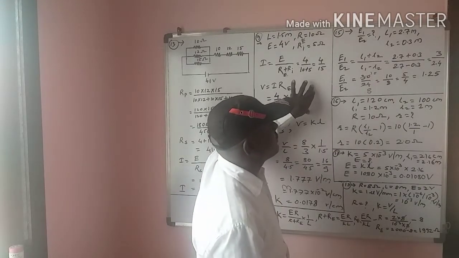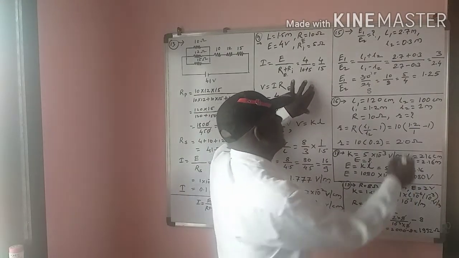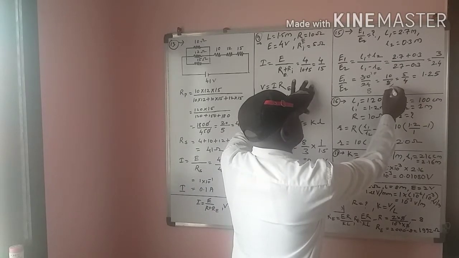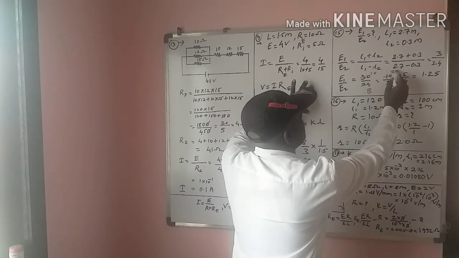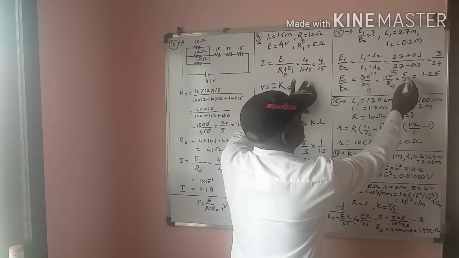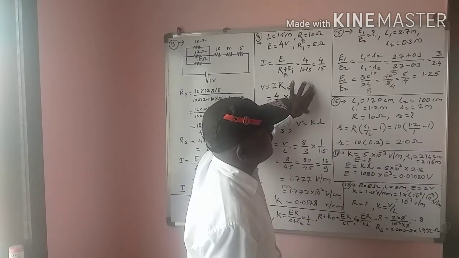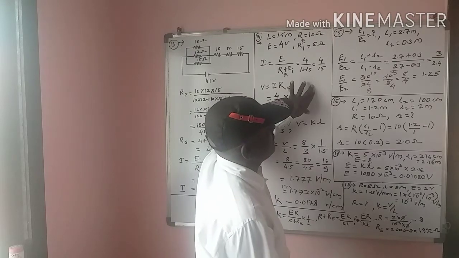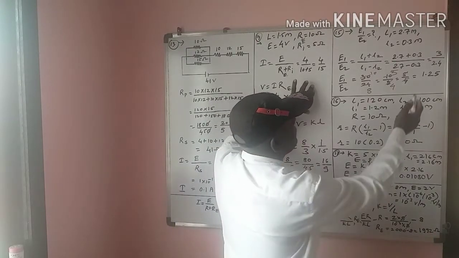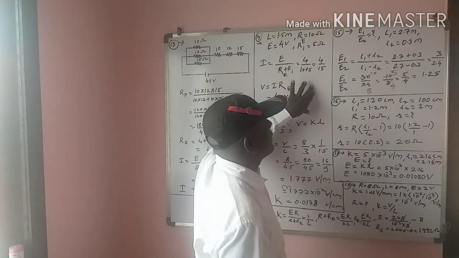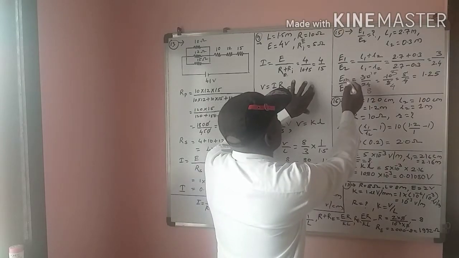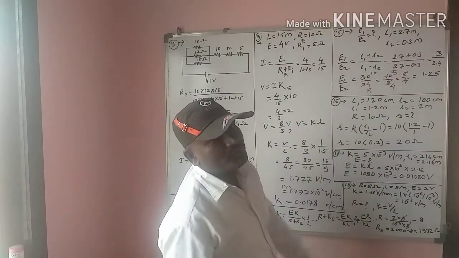10 by 8 is equal to 5 by 4. Again divide by 2: we write here 5, 5 ones are 5, 4 ones are 4 and 1 remains. 1 is 10 and 2's division is there, that is 1.2 and 5. So the comparison of E1 by E2 is equal to 1.25.